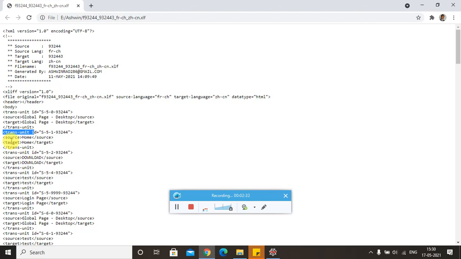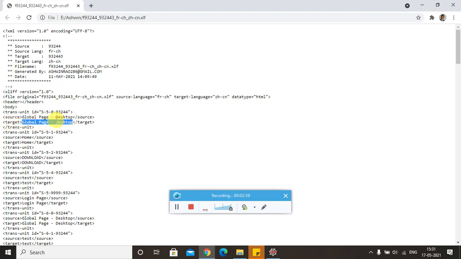So let us try to understand how we are going to translate the XLIF file based on the source tag. The main intention of this session is to show you that we can see a text element embedded within the source tag, and also a text element embedded within the target tag.